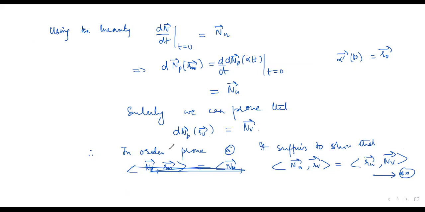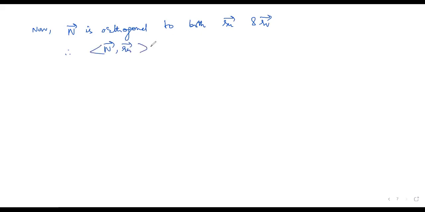Now, okay. Now n is orthogonal to both r sub u and r sub v, right? So therefore, the dot product of n and r_u must be 0 and the dot product of n and r_v must also be equal to 0. Now differentiating